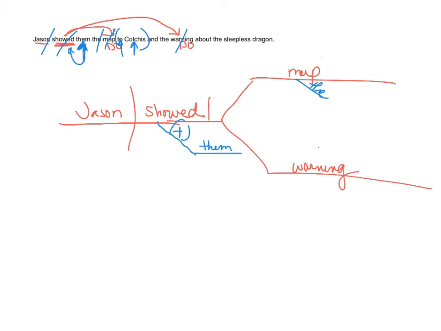That's a prepositional phrase. To Colchis is describing the map. And I spelled that wrong. Yeah, get rid of that H. Yeah. Good enough. And, of course, and always goes on that dotted line. Hopefully your geometry is a little better than mine because I'm writing on a computer. Not the best. The warning